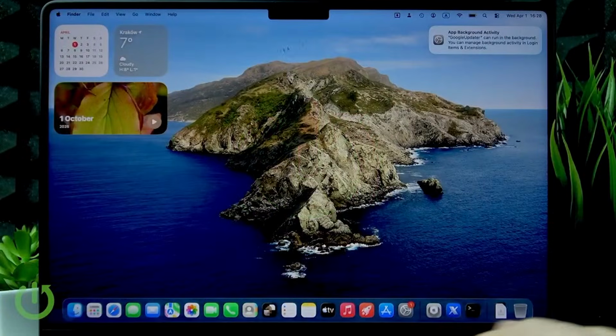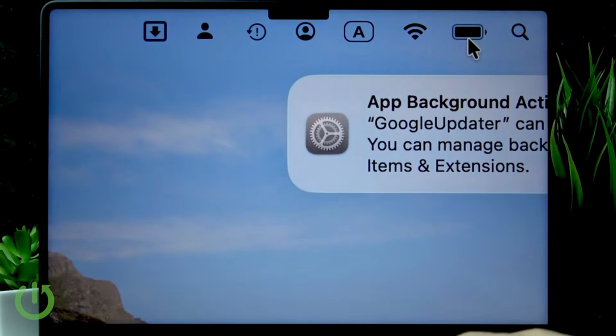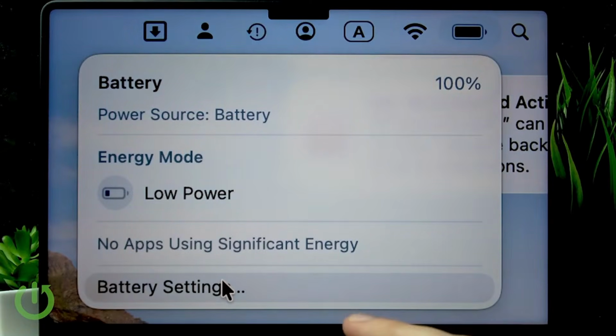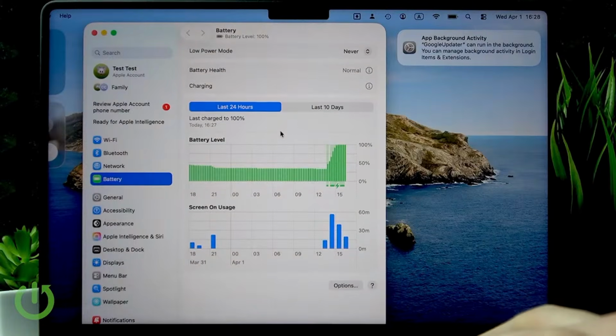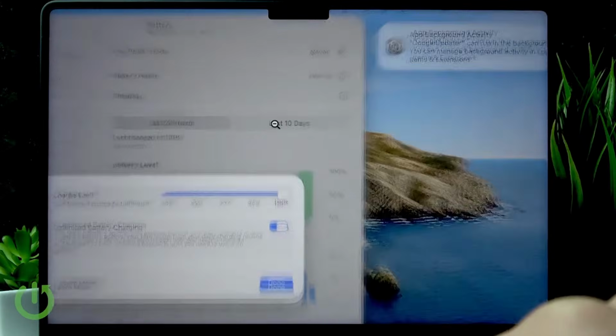To do that, you're gonna have to navigate to the battery icon on the menu bar at the top of your screen, click on it, and then go to battery settings. Here, in the battery settings menu, we're gonna have to select the information icon that is next to charging, and then